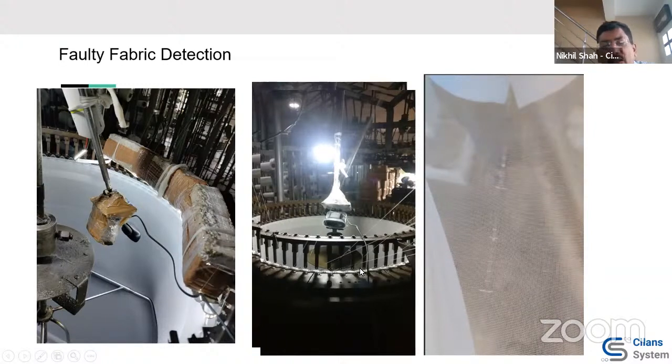Gujarat being the textile horsepower of India, there are, I would say, a couple of hundreds of such factories, or maybe more, across Gujarat, where it is basically an automatic knitting machine, where the thread is coming from hundreds of such bobbins, and the threads are getting interwoven, so that fabric is getting produced.